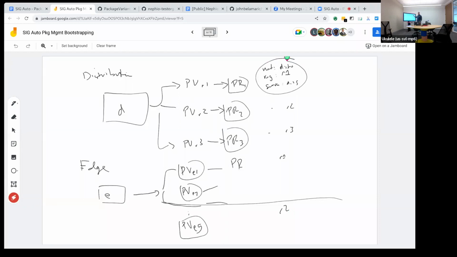to the IPAM, gets back an IP address, and injects it in here. These do exactly the same, but it's not allocating a new IP address. It's already been allocated. Actually, it doesn't matter who wins the race because the IPAM system is the authoritative service and gives the right IP. And it returns the same IP to all the package revisions in R1, another IP to all the ones in R2, and another to all the ones in R3. And that problem is solved without having to worry about package dependencies.